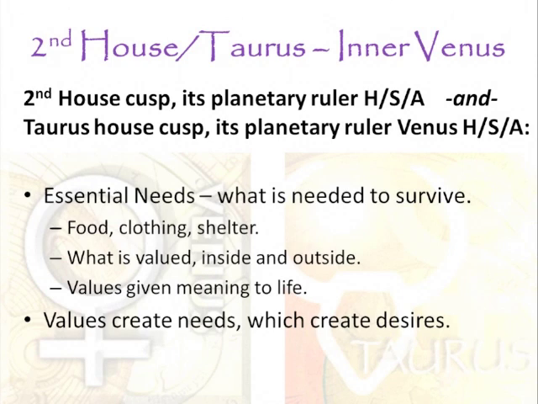So the physical survival beyond sexual then becomes what we call food, clothing, shelter. The ability to stay alive. Food includes water, by the way. Food, water, clothing, shelter. And once we get past some of those core physical survival needs, then we come to the part of essential needs that we consider our values, what we value, both inside of ourselves and outside of ourselves.